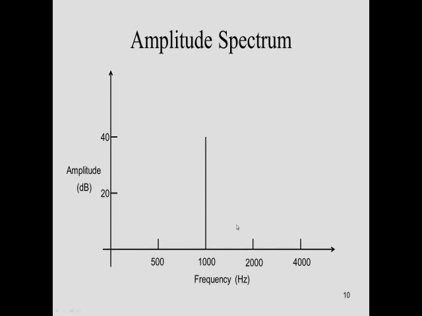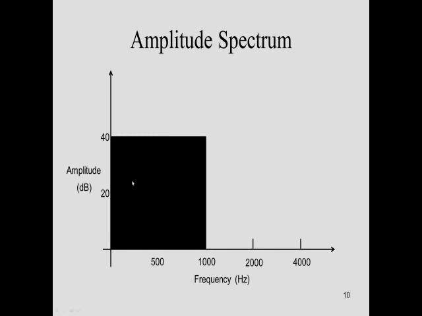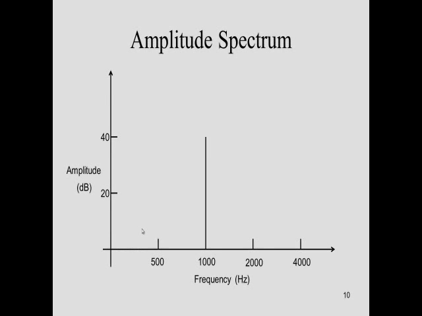Now, we can also use this same kind of graph to depict different kinds of filter functions. So now what we've got is energy covering this region here, and that would be consistent with the idea of a low-pass noise, that is to say, low frequencies, frequencies below 1,000 hertz, are being passed by whatever system we've got here. Let's take another look at that real quickly. So again, the cutoff for our noise is going to be 1,000 hertz, and we're going to say that the average level of each component is 40 decibels.